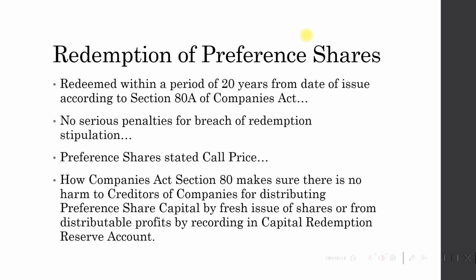See, a company's creditor may grant credit to the company based on some security. So preference capital sometimes is used as the security. However, when the preference shares are redeemed, the funds of the company are used to redeem the preference share capital, making the security available to creditors go low by such a redemption process.